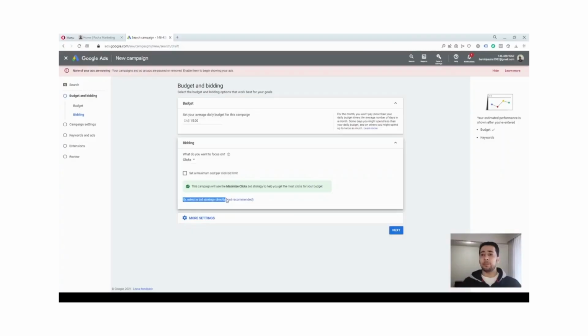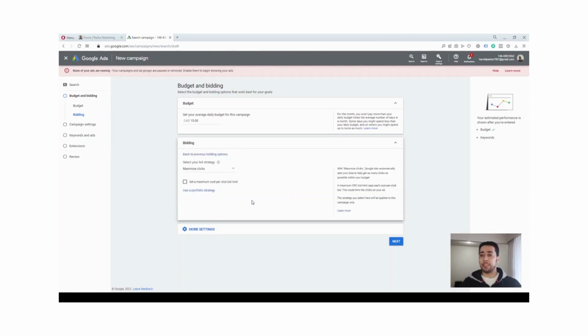Here, there is a small text which says select a bid strategy directly, not recommended. Even though Google says it is not recommended, actually this is the most recommended approach when selecting the bid strategy for your campaign. So we click on that. There are a number of options that Google gives us, automated and manual, which one of them should be selected